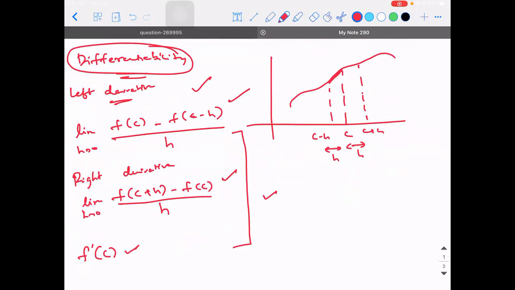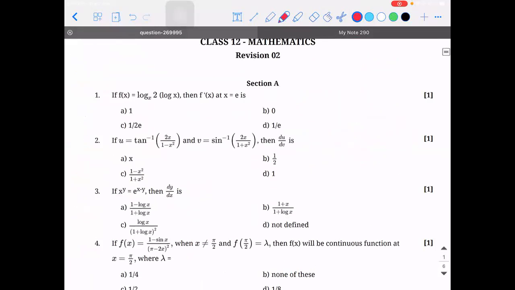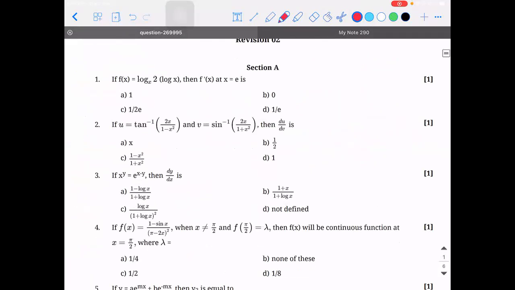Right. So if a problem comes, I'll explain it. So other things, I hope it is simple, right? Doing normal differentiation, all those things. Similarly, applications of derivatives, I hope you guys are comfortable. Yes, sir. Anyways, while doing the problems, if there are any tricky ones, I'll discuss it.